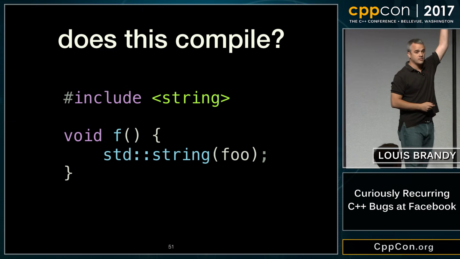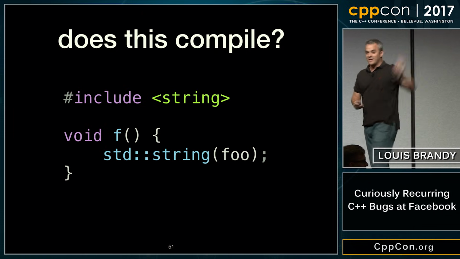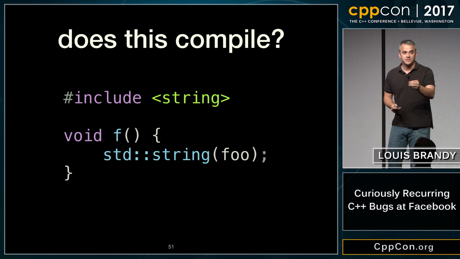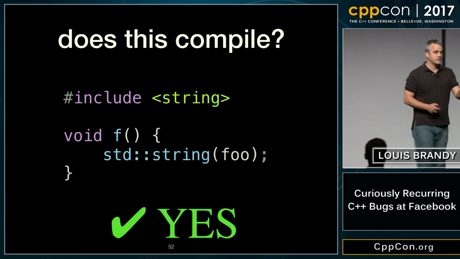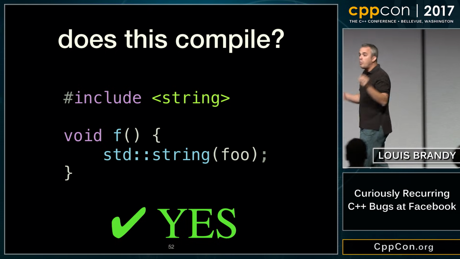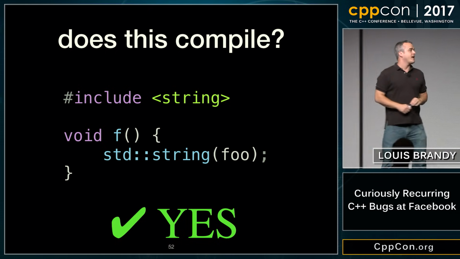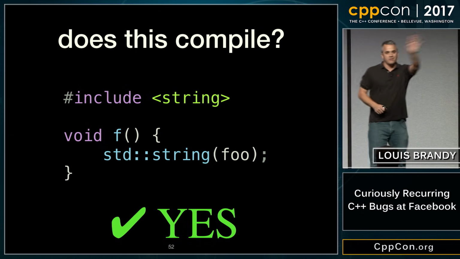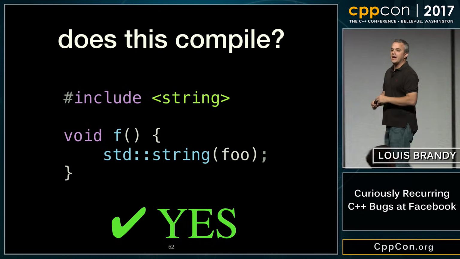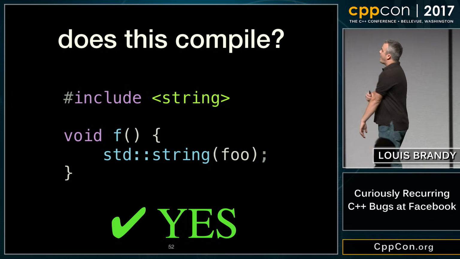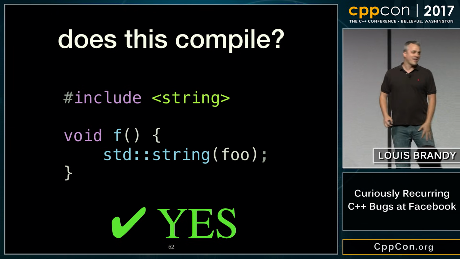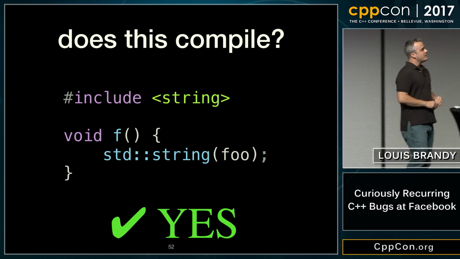Who's changed their mind? Richard, unsurprisingly and surprisingly, is correct. This code compiles. Almost everybody in here got it wrong. Okay, so take a minute. Pause the video, if you're on video. Think really hard about how this code could possibly compile. And then think a little bit more, more existentially. Like, what are we doing? And why are we here? I feel like I'm wasting my life a little. Okay, this code absolutely compiles.